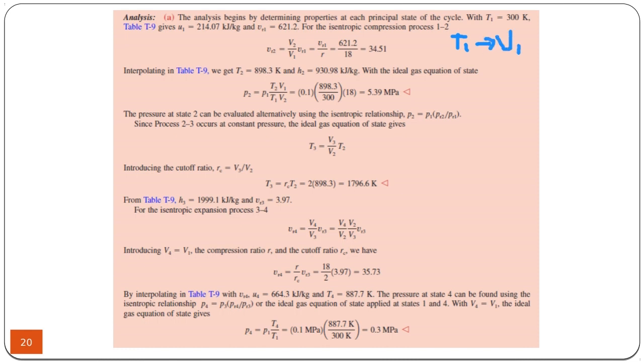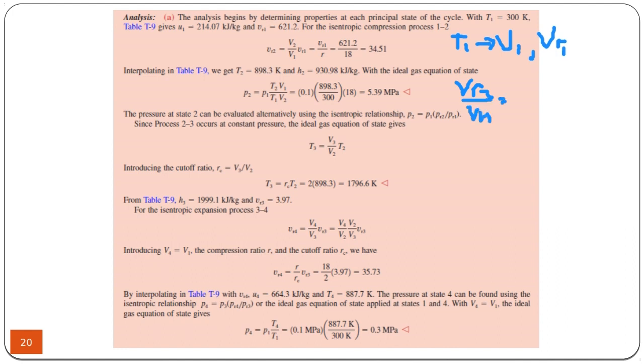Once we have the VR1, because in the compression cycle, the compression process, it's an isentropic process, we can find the value VR2